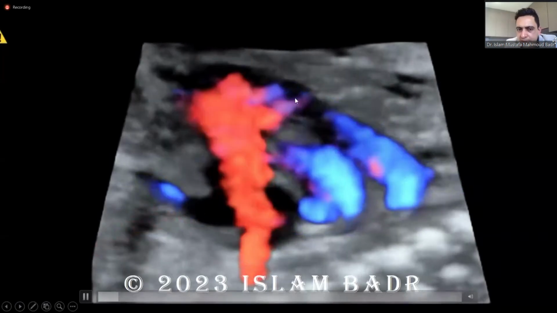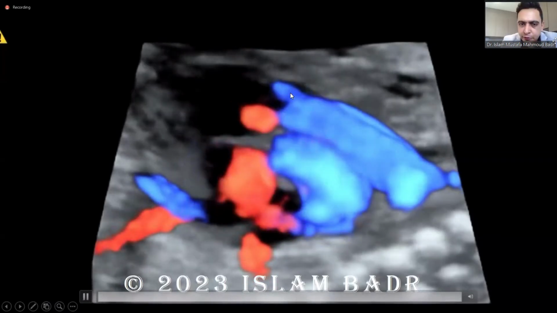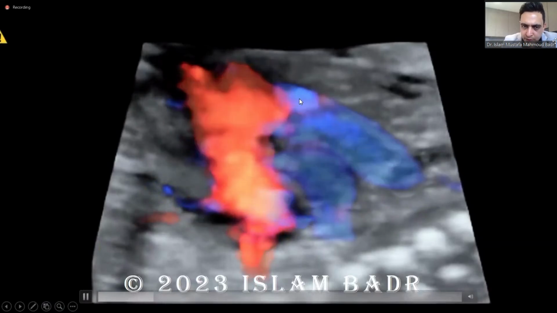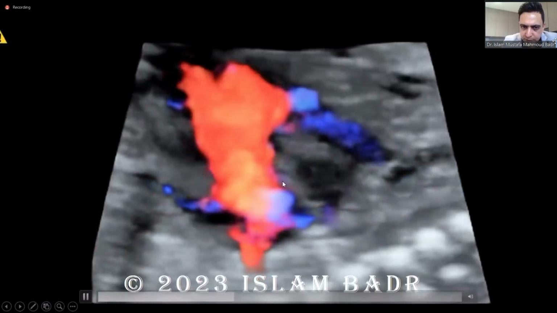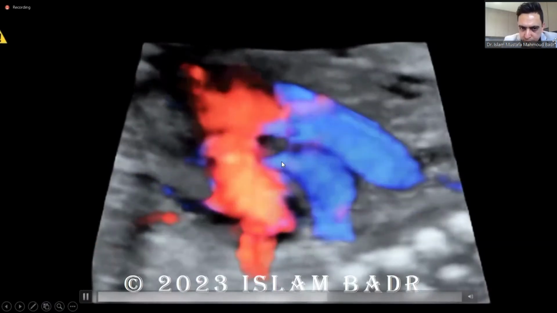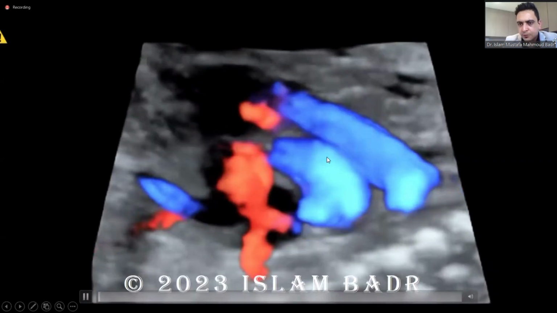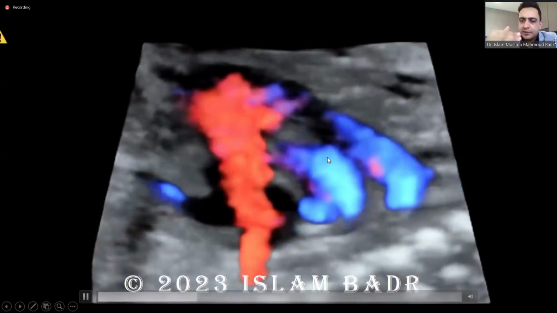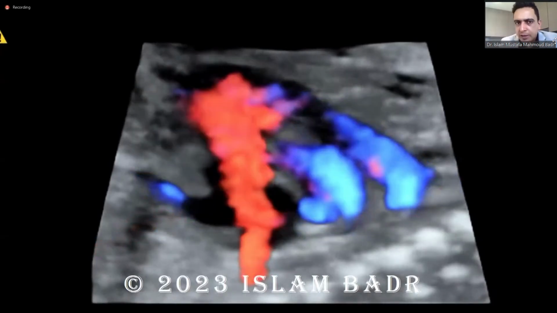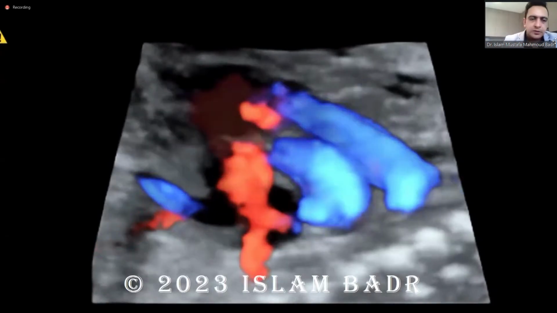So the aorta is coming anteriorly, while the pulmonary is very short and is coming posteriorly. And both vessels are parallel in orientation. They are not making the crossover. This is where the aortic valve is situated, and this is where the pulmonary valve is situated. And they are making parallel orientation. The aorta is parallel to the pulmonary artery. The aorta is anterior and to the right of the pulmonary artery, and this is what we call the transposition